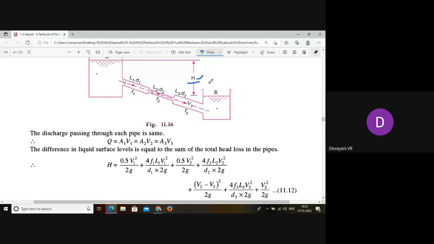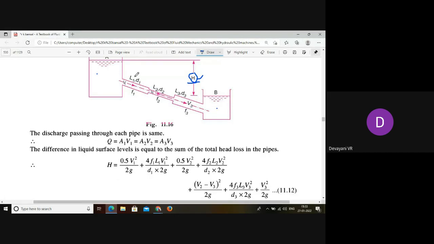And that value is that the H value is equal to the sum of the total head loss in the pipes. So the total head loss will be equal to the different losses which occur on the pipe. Coming to the first one, here the pipe is suddenly contracted, isn't it? So in the first pipe we can get the head loss due to contraction, and the equation will be